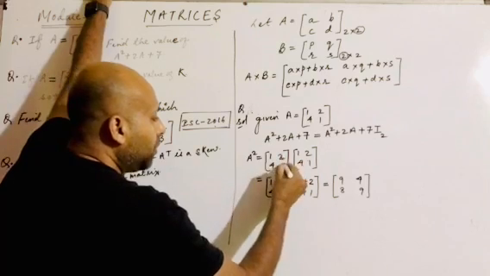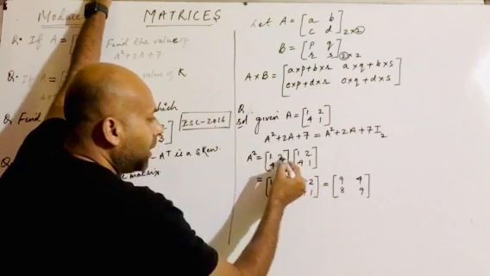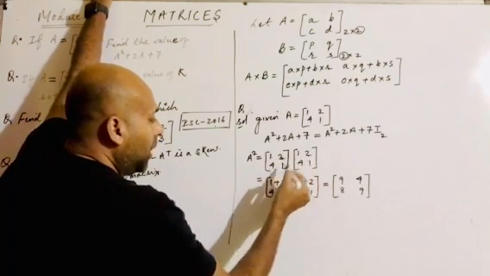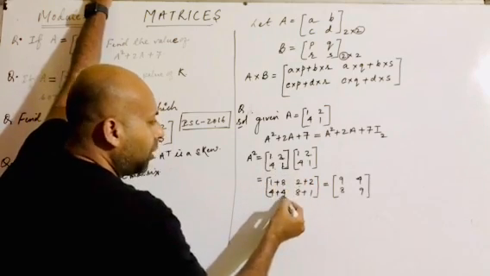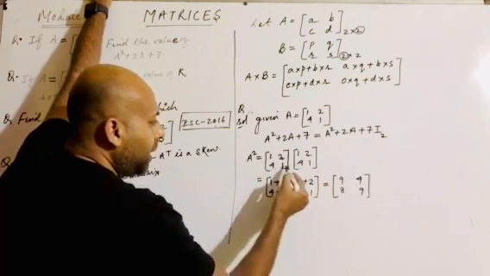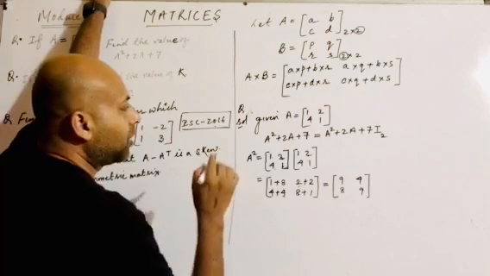Then 1 into, this will be equals to what? 1 into 2 is what? 2, and then 2 into 1 is 2. Again 4 1 the 4 and 1 4 the, again it is what? 4. Then 4 2 the, it is what? 8 and then 1 1 the 8. Is it clear? So we have got the value of A square.